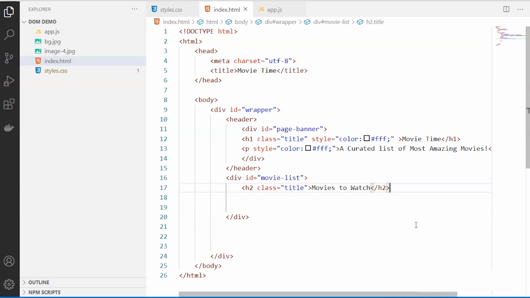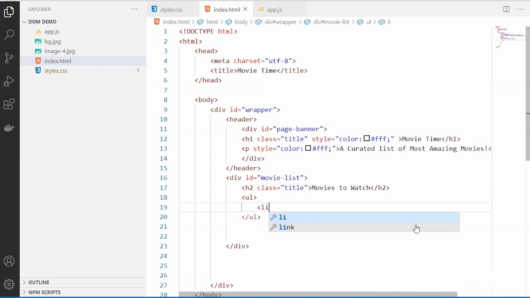So after which we are going to include our unordered list of movies. Now inside the unordered list, I'm going to have two things here. If you could recollect the movie page that I had shown, we will be creating the name of the movie in the row-wise format, and it will also be having the delete button.